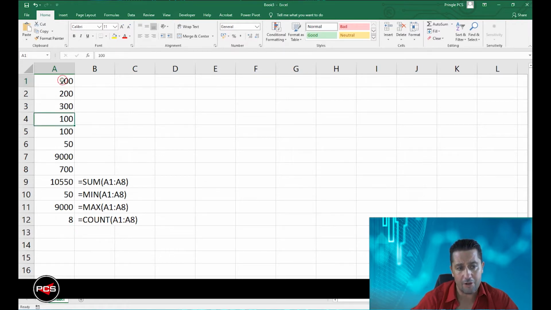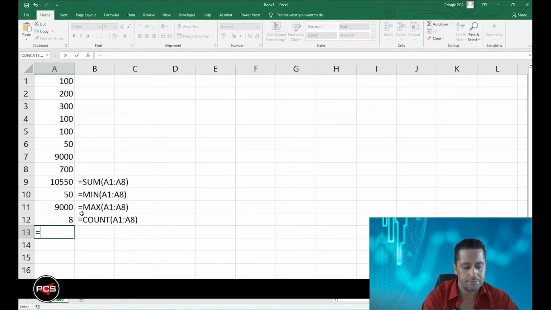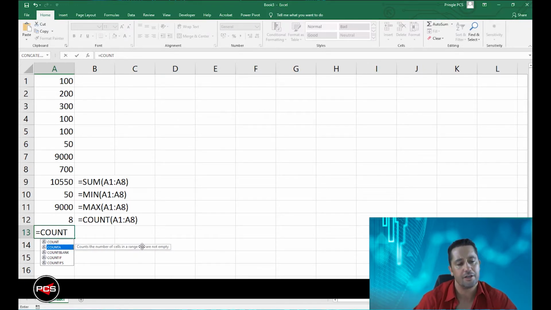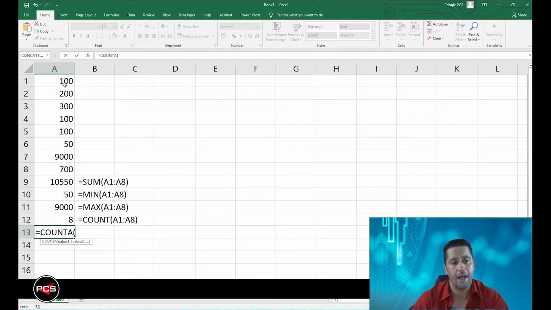Now, if I wanted to count the range of cells, numbers or text, there's another formula to do that. Now, that wasn't on that list, and this was equals. So we now do count, and can you see down there, there's a list of information. If I now click onto count A, you can see it counts the number of cells within a range that aren't empty. So count A, open bracket, highlight A1 to A8,